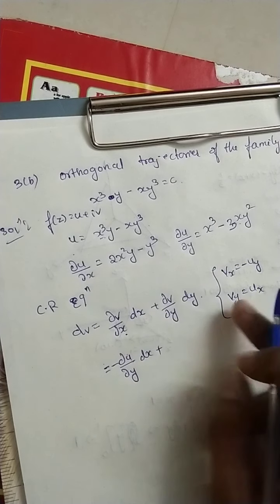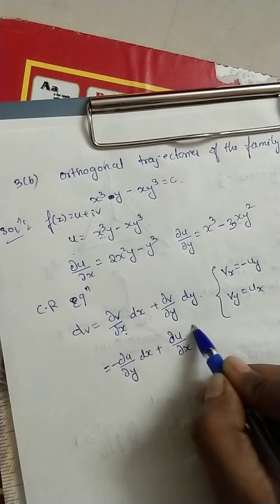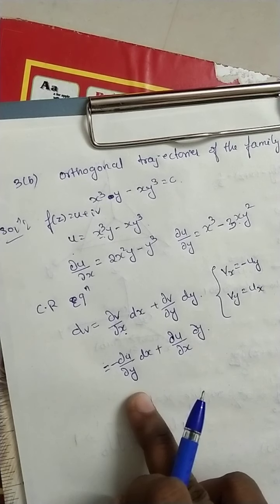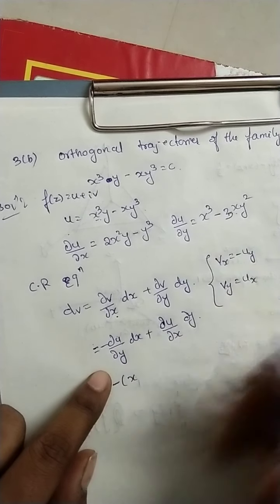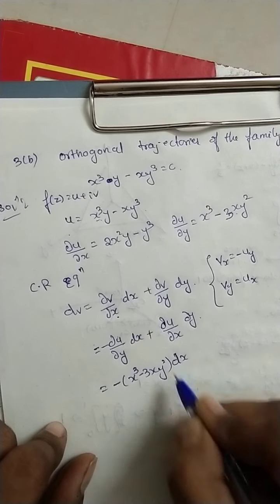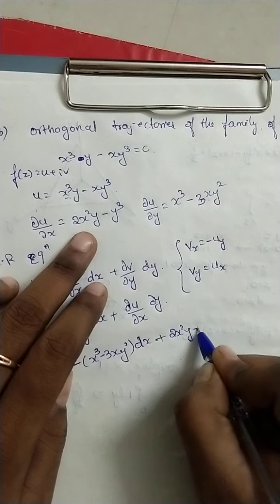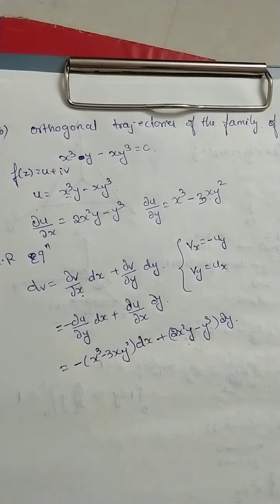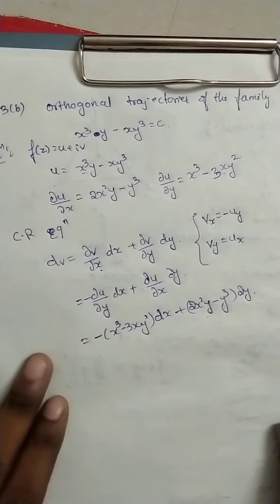Okay, so dou v, now with respect to y we can replace it as dou u by dou x into dou y. Now these two parts we know already, right? So these two values we have to take here. So negative of dou u by dou y is this part, x cube minus 3xy square. This we have to differentiate with respect to x, plus dou u by dou x is this term 2x square y minus y cube, and this we have to differentiate with respect to y. So partial differentiation we have to do. Okay, so this is our equation.